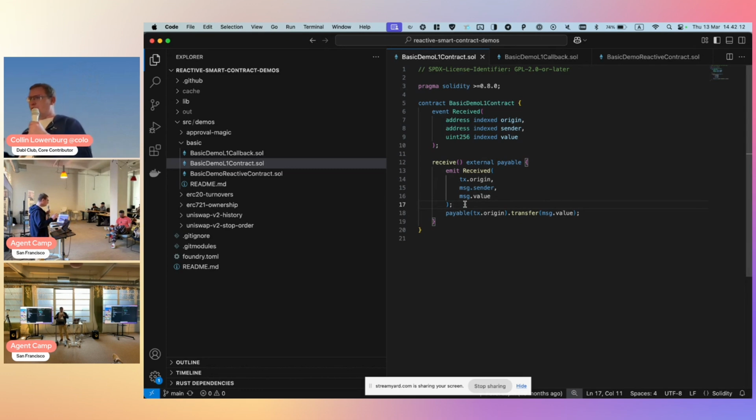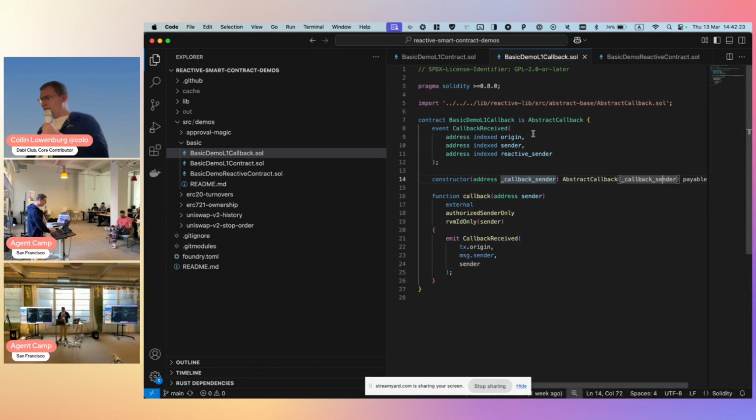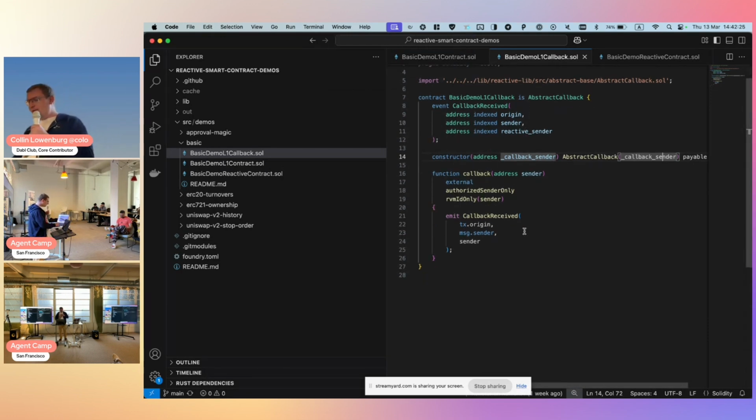I just want to emit some event, and I want to do it on my command. Then there's another contract deployed to Ethereum Sepolia called the callback contract. This contract will be called from outside, from the Reactive Network, and we could see what exactly is being caused by this call, so we could see the origin transaction, the sender, and all that stuff.